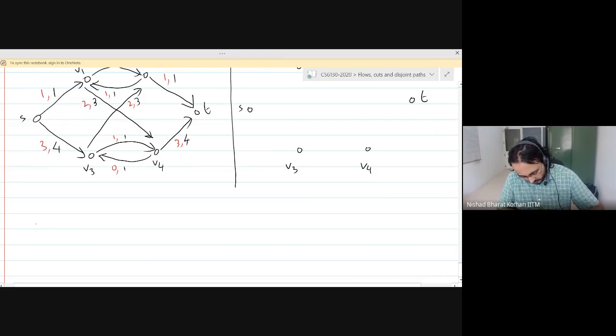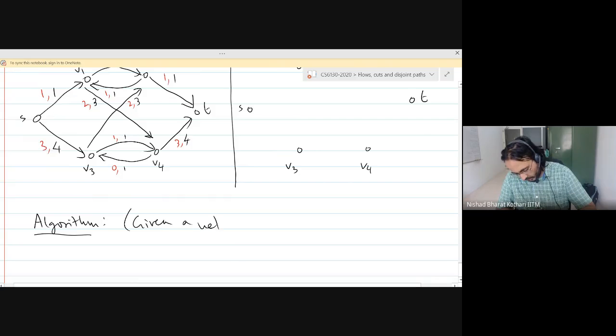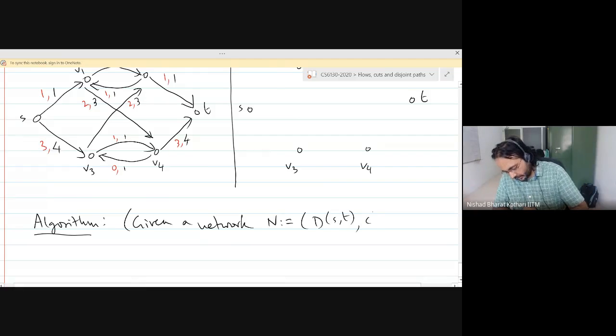Supposing you are given a network N where the directed graph is D with source S and target T and capacity function is C. Then your goal is to find a max flow, a max ST flow,